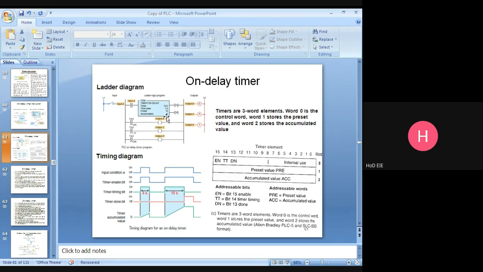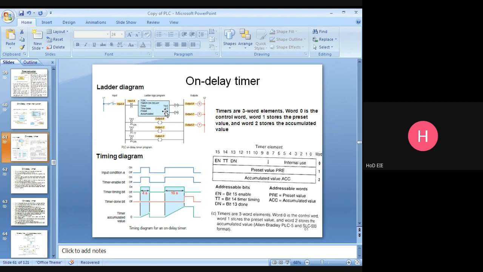Then the timer timing bit starts timing. 1 second, 2 second, 3 second, up to 10 second. The value will be changing. This 10 second equals this 10 second. What will happen? After 10 second, done bit will be energized.